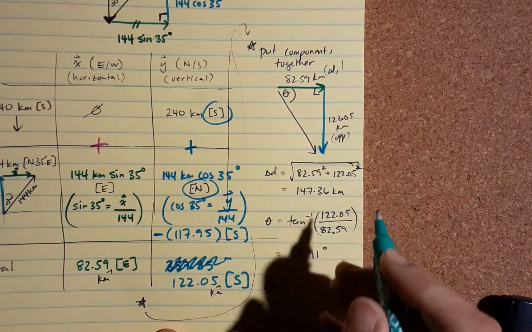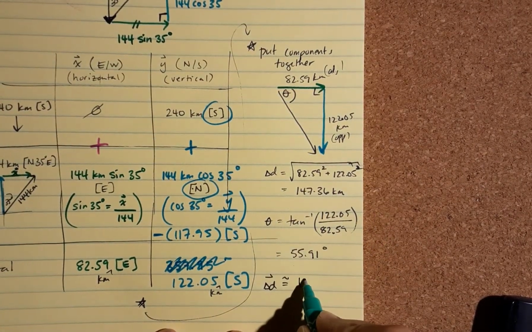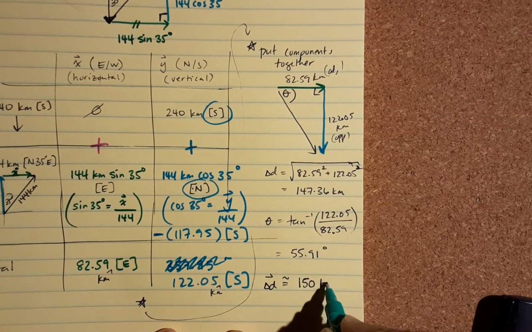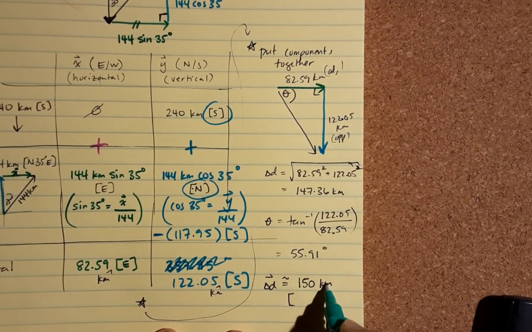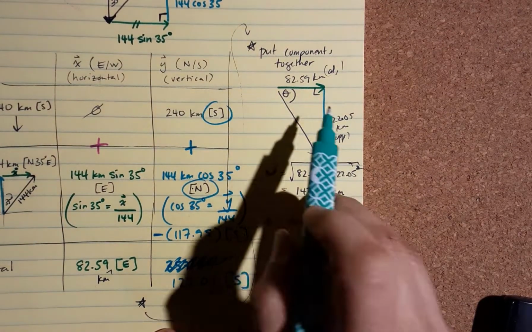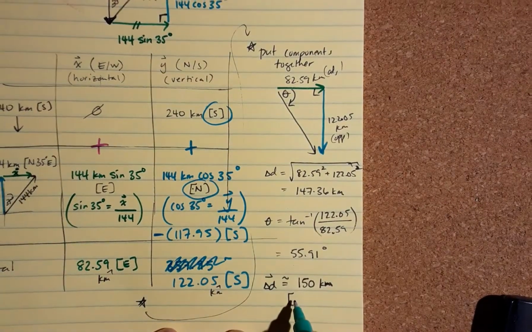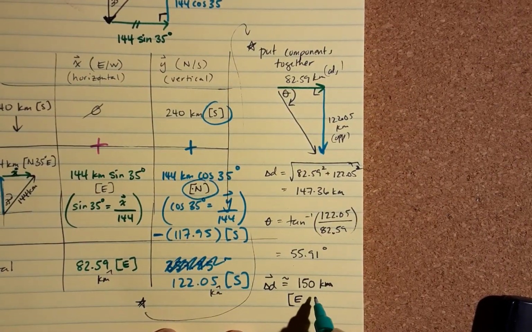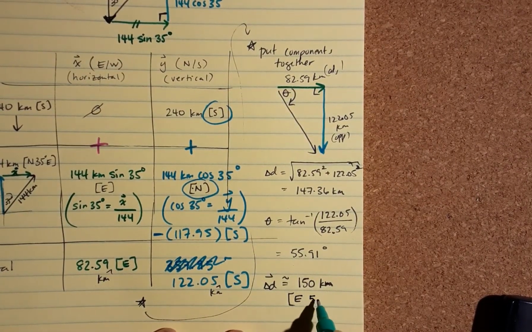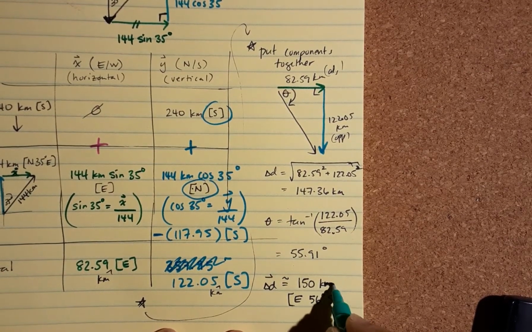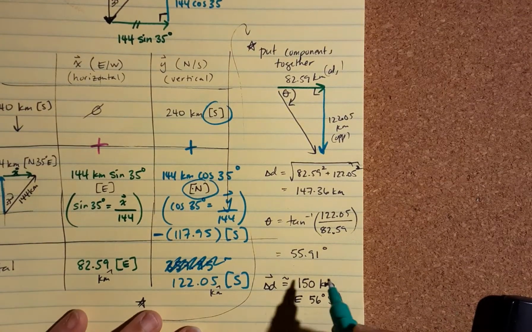So 147.36 is going to become approximately 150 kilometers. I'm just going to put the direction down here because I don't have a space. So I'm going to point east, and then I'm going to rotate south. So point east. Okay, I'm going to rotate 56 degrees south. Okay, and there is my final